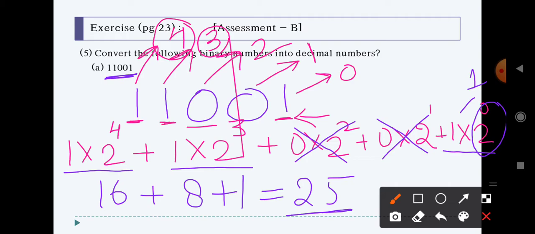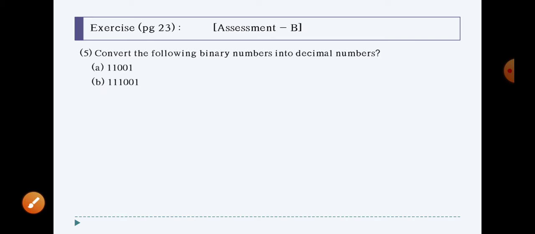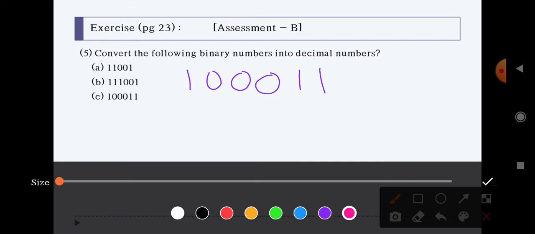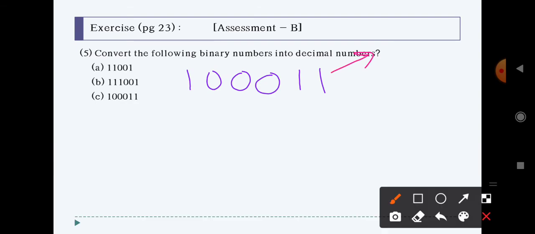Okay, now see the second one, we have 111001 with us. Now see this third one, we have 1, three times 0, and 1 1. Now again you write it down like this, 1 0 0 0 1 1. Okay, now again specify the positions for these. This one is present at 0, this is for 1, this is for 2, this is for 3, this is for 4, and this is for your 5.